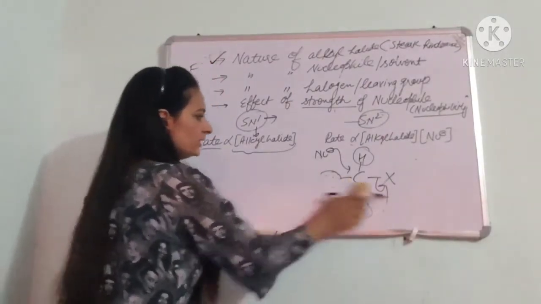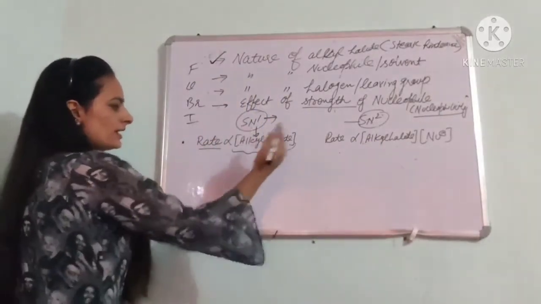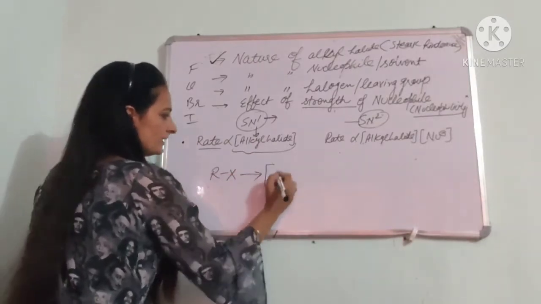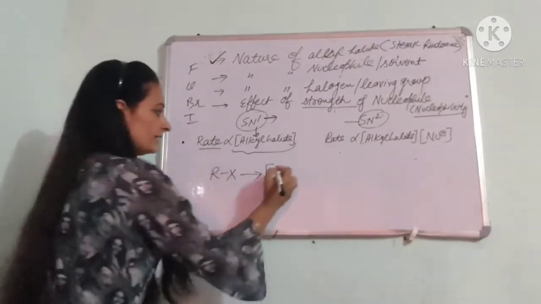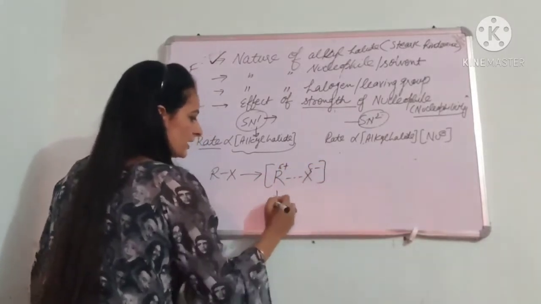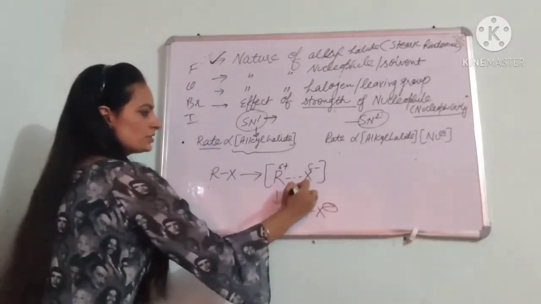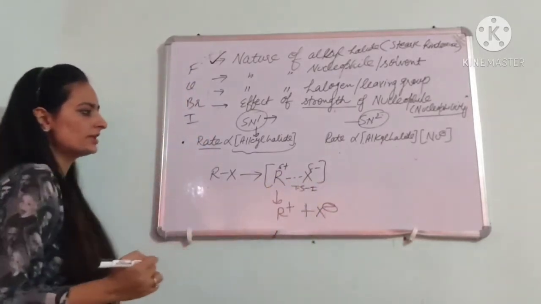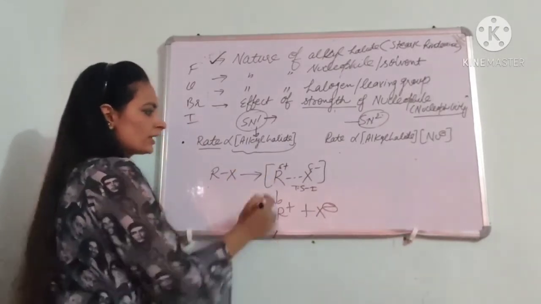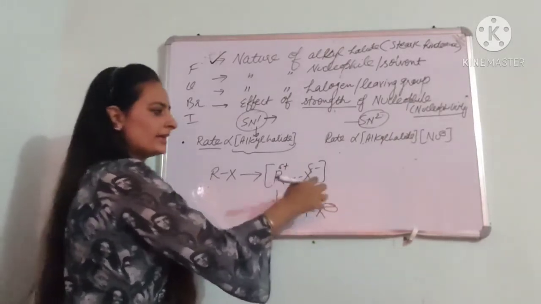So if I draw the transition state in case of SN1 and SN2 reactions, you know this is the alkyl halide and we have transition state 1. I have drawn it in the potential energy curve also. This is the first transition state that I have drawn in the potential energy curve. That is your carbocation, not the fully formed carbocation. There is a partial positive charge on the carbon and your leaving group has a partial negative charge.